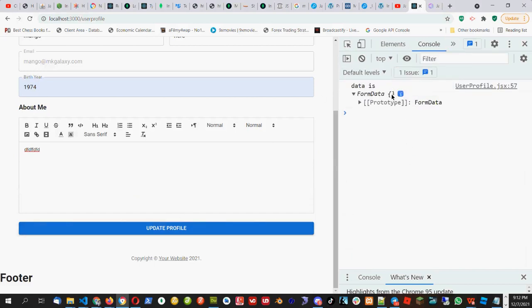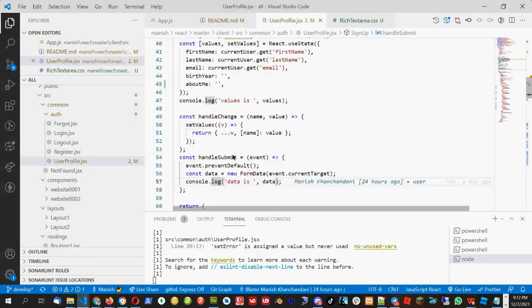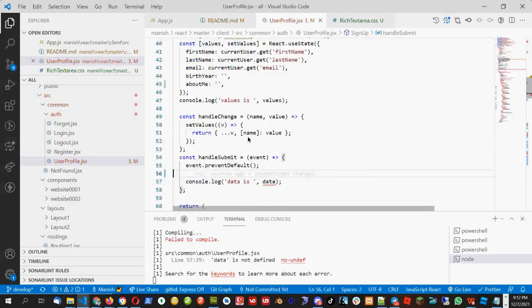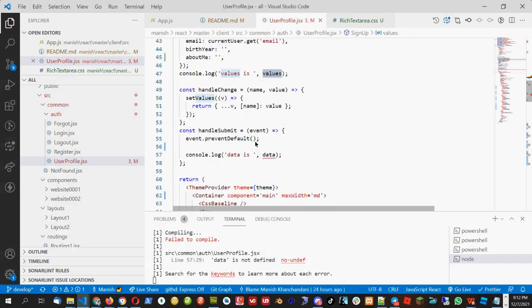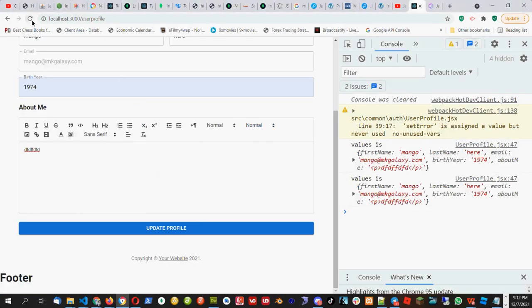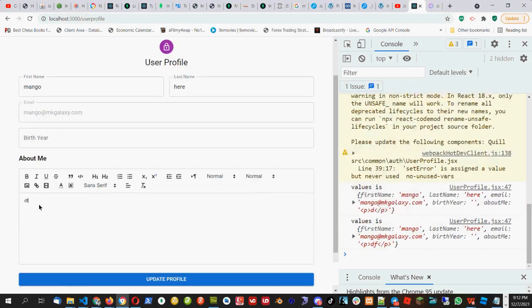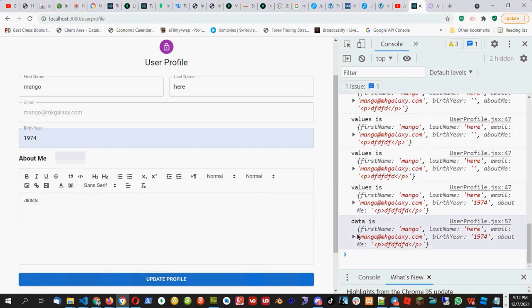So we are getting data, but it is empty because we have not created the form. We just created the elements here. So we will not go by this method. We will do our old method, which I do always. I will check what the values are there. Okay, so when I put something here, so data is,